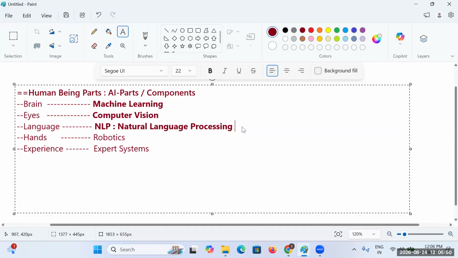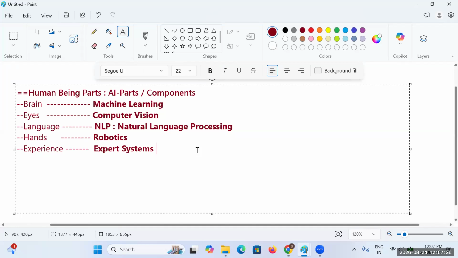Then you will be taking with the aspect of robotics, which is equal to hands. Those hands are equal to robotics. And then there are expert systems.